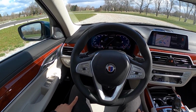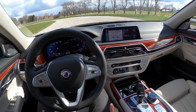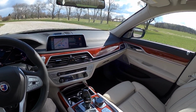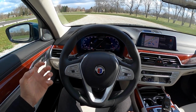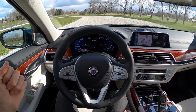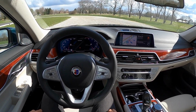I spent a few days in this car and I wanted to sum up my week in it. This thing has been awesome. It is incredibly fast and incredibly comfortable. And it combines these two sides, this sport side and this luxury side. But I appreciate how it puts luxury and comfort first, while at the same time just being bonkers to drive